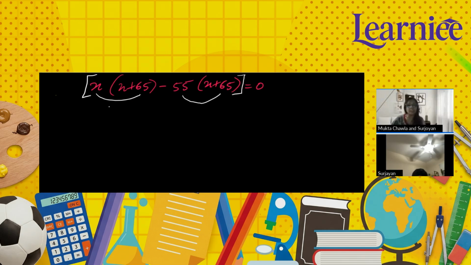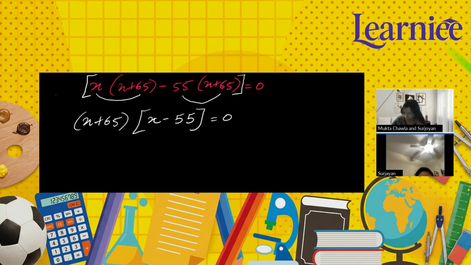So the same is the case with these terms, right? x and x plus 65 is one, 55 and x plus 65 is one. So what is common in these two values? x plus 65. So I'm taking the x plus 65 bracket outside. Now I am left with x minus 55. Got it? Okay. So I hope you got the concept. Here also what we did, we tried to take the common values out. Here we had no common value, means we had common values, but in the form of a pair. Got that? Understood? Or do you want me to repeat the step?